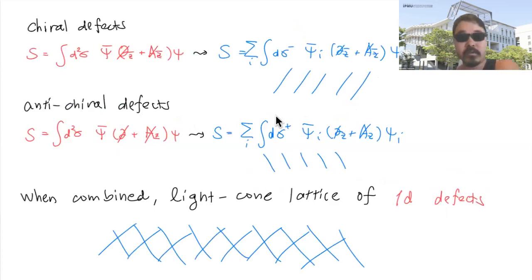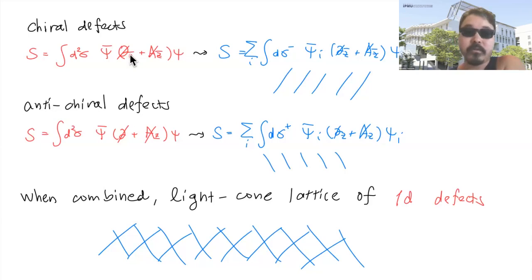Now, okay, so let's start with the chiral defect. And again, sorry, this is the bar direction. So the Z and Z bar, W and W bar directions. So you have chiral defects and anti-chiral defects. And you're going to discretize. And the discretization itself is actually simple. So here, for example, it depends on the W bar coordinate. And when you discretize, it depends on one of the two coordinates. So that's what I mean by chiral defect.